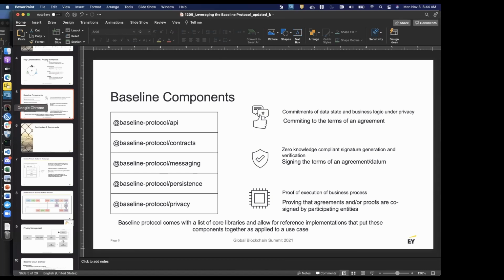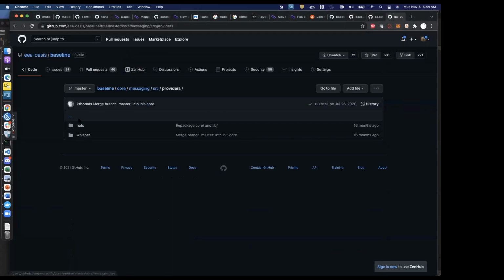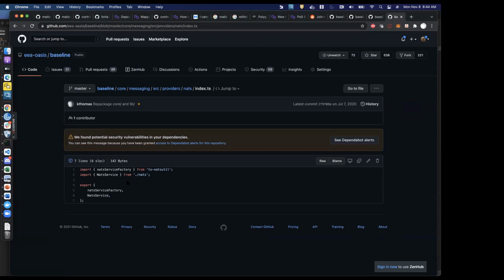So in the repo itself, we have two types of messaging providers. You could see one of the main ones which we use now is called NATS. And we see that as part of this interface,